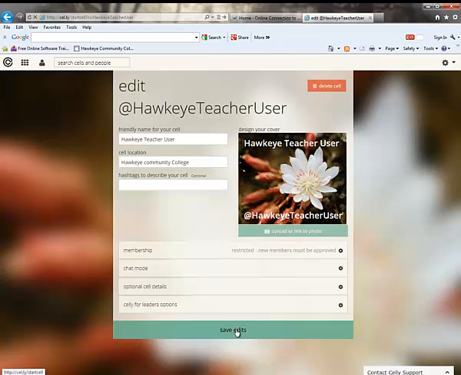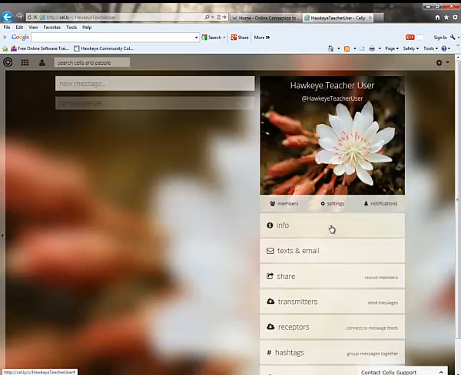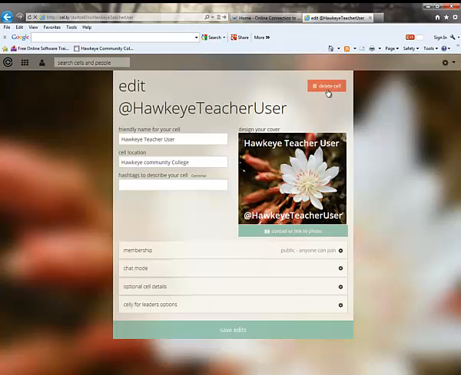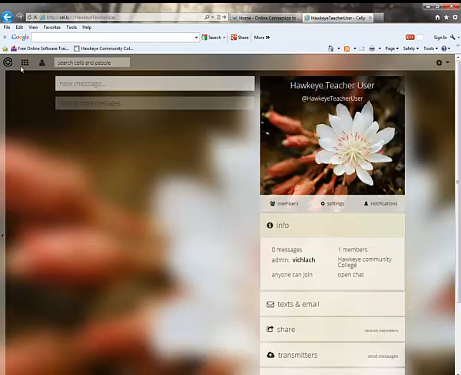One of the things you want to remember to do is click on Save Edits. So we're going to go ahead and save those edits. I'm also going to click on the info again just because we're going to go to settings again, sorry. I'm going to go to settings here. If you ever want to delete a cell, this is where you delete it, okay? So it's in the settings tab and it's right up here. You just want to delete the cell if you no longer have any use for it. So I'm just going to save edits again, and then we're going to be out,